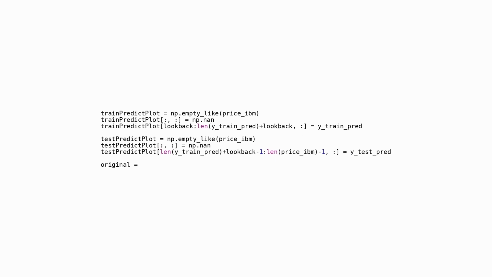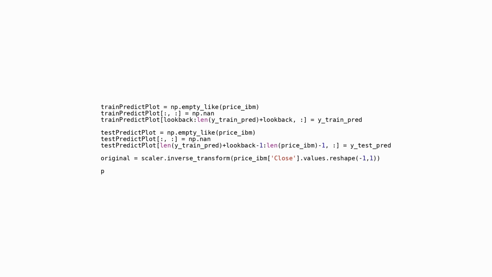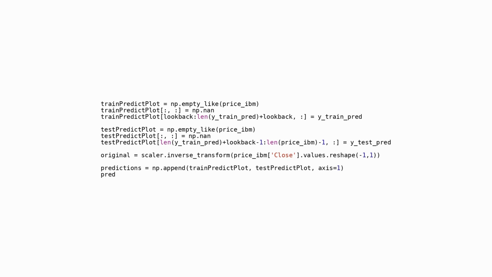Concatenation of train predict plot, test predict plot, and original price values yields a consolidated predictions array. 6. The predictions array is transformed into a data frame titled result. This script facilitates the visualization and comparison of model predictions on both training and test data against the factual values. Through visualizations or analyses of the result data frame, users can gauge the model's efficacy and precision in forecasting item